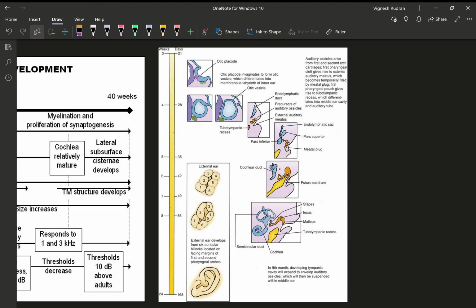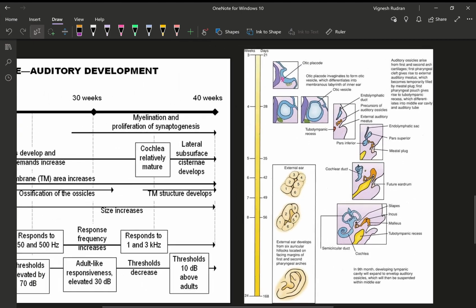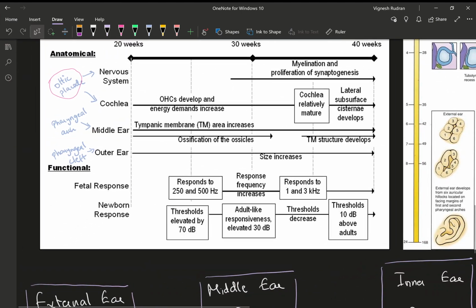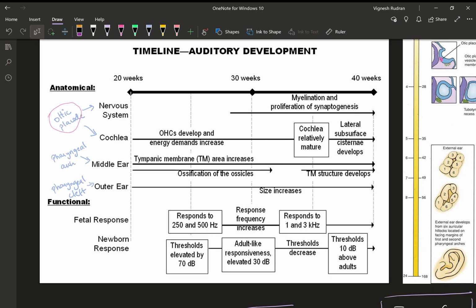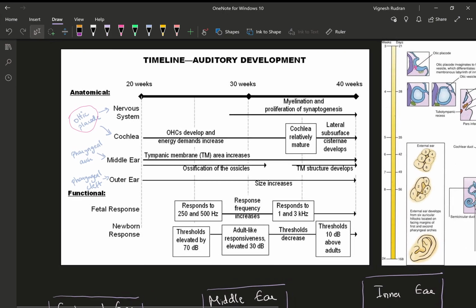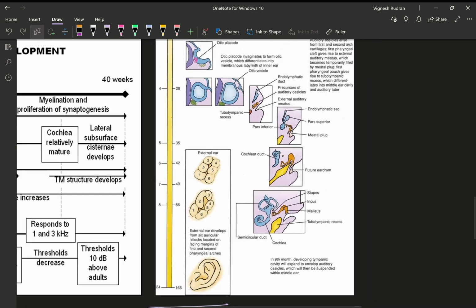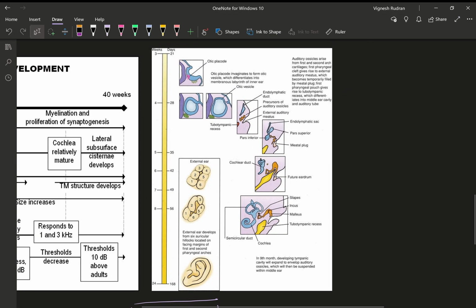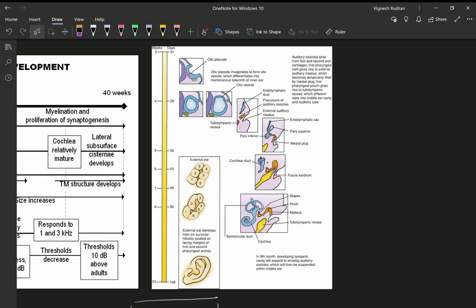The embryology would be covered in more detail when we go to the specific diseases. For example, the congenital diseases in the external ear. We need to know how the external ear develops so that we understand these diseases better. So I thought it would make sense when we cover those things over there. For now, you just need to know that the inner ear develops from the aortic placode, the middle ear from the pharyngeal arch, and the outer ear from the pharyngeal cleft. You can just pause the video at any point you want and look at the diagrams, and the diagrams themselves provide a lot of information. So that would be the anatomy, physiology, and embryology of the ear.